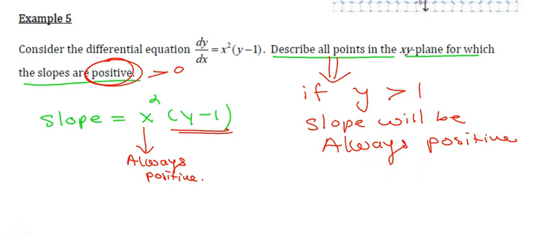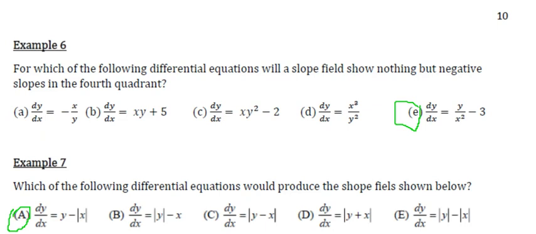Okay, so let's take a look at a different type of example where you have to do something different, a multiple choice question. Which of the following differential equations has a slope that shows nothing but negative slopes in the fourth quadrant? Negative slopes in the fourth quadrant. So you have to know that,